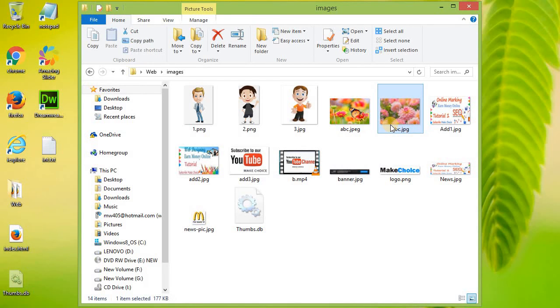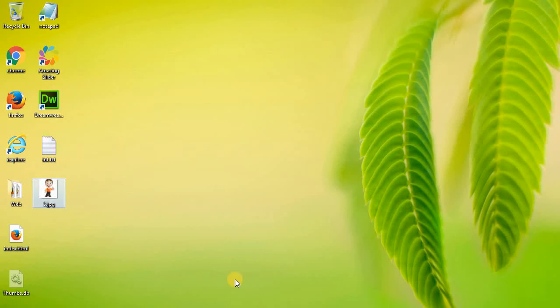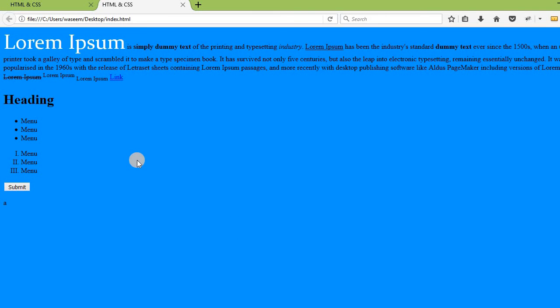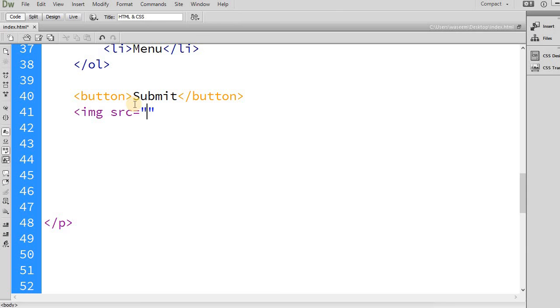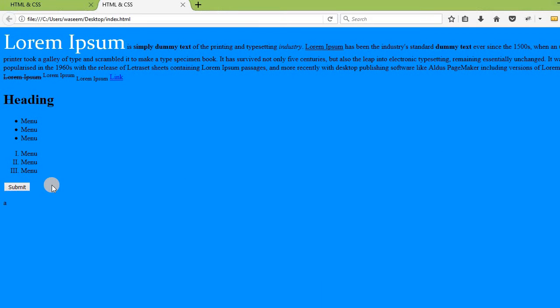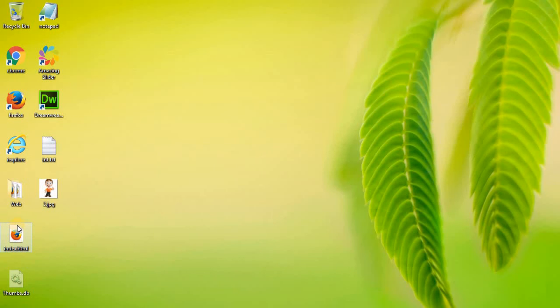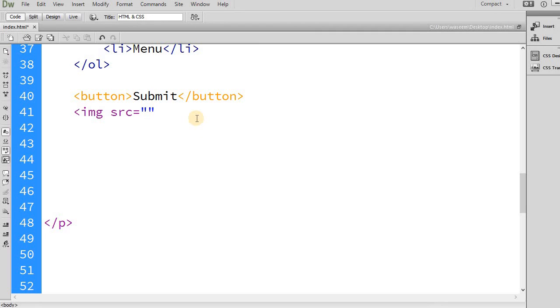I will copy this image, right, and I will paste it here. Now what I will do is I will write here, because my file is on the desktop, so that's why, let me show you, this is my file on the desktop, so I have copied this thing here. If I will take it from web folder or anywhere, so I have to write the correct path. So here in my case I will just write here